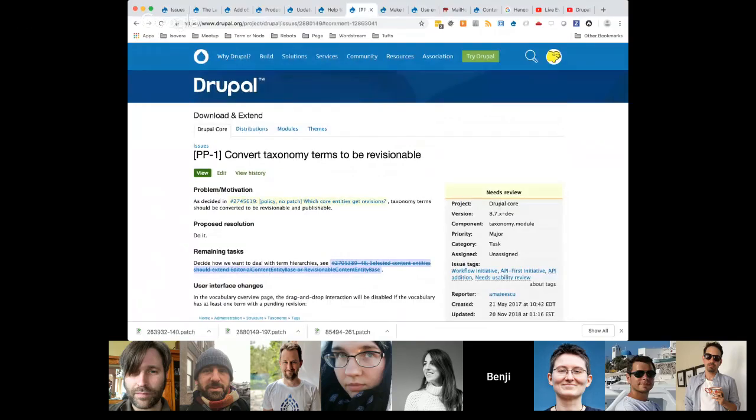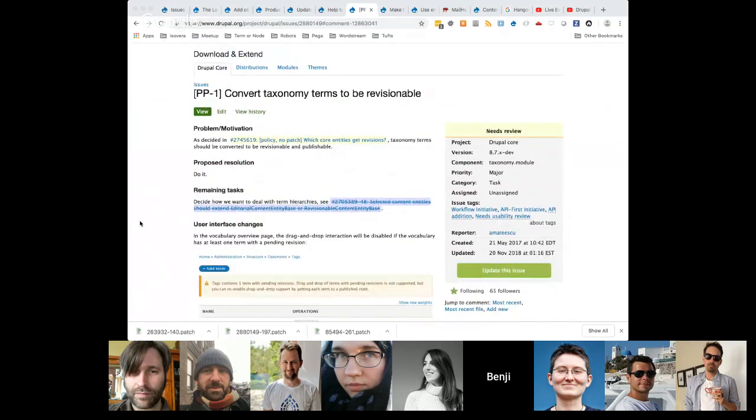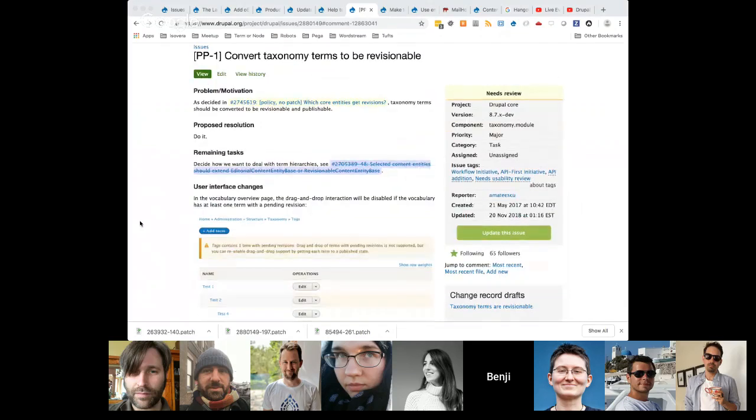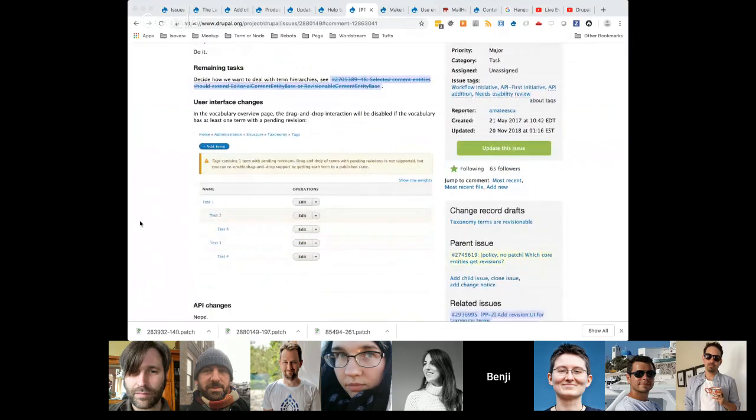Sure. I guess that was one of the ones I noticed just because I was looking at the queue of things that need review, and they say they need usability review. So this is 288-0149, convert taxonomy terms to be revisionable. I think, as we just said, that's needed for the Workspaces initiative. And as far as I know, the only reason it's marked for usability review is that it has